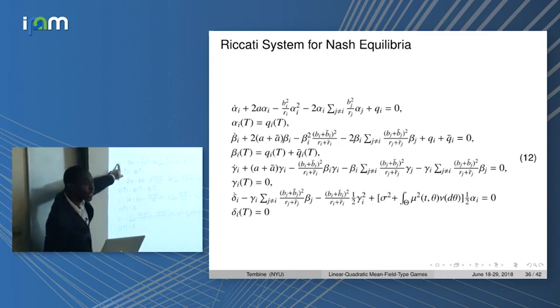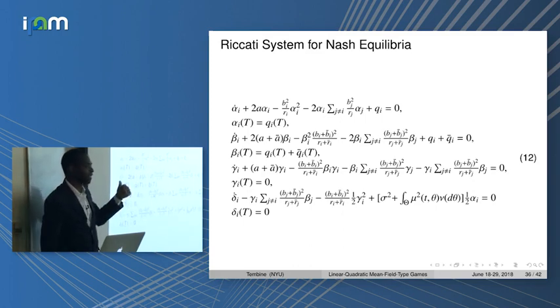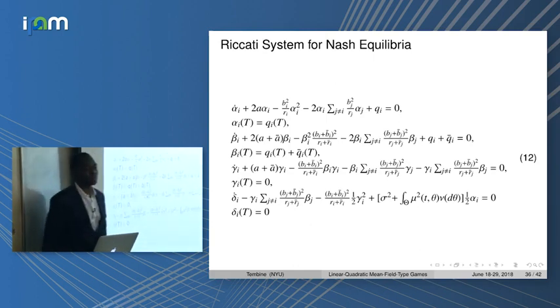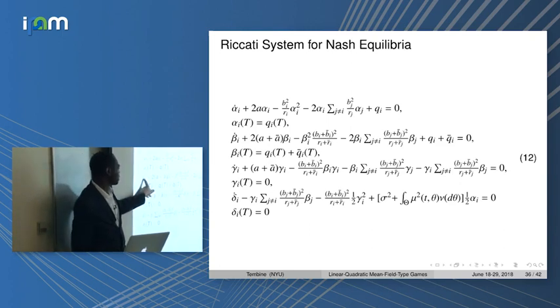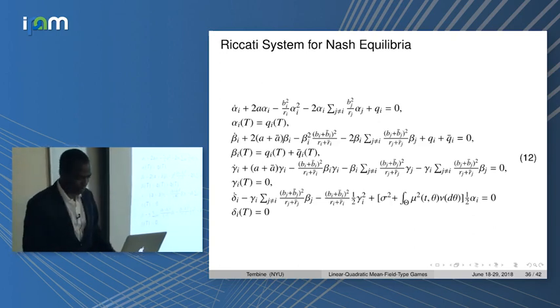We have seen the first equation last time, the Riccati equation, alpha i coupled with alpha j's. Okay? There is another Riccati equation for beta. They look similar, but actually no, because this is A and this is A plus A bar. So this is coming from the mean field term. This is from the classical stochastic control. And then the other terms are linear in the Riccati equations.